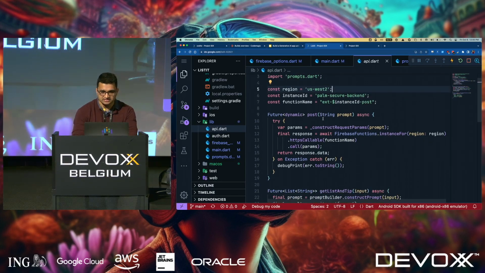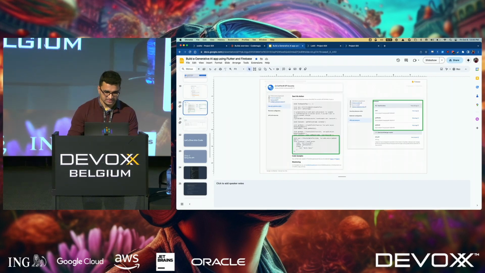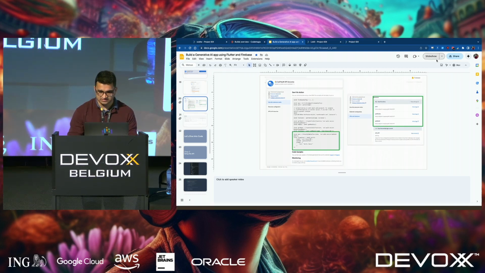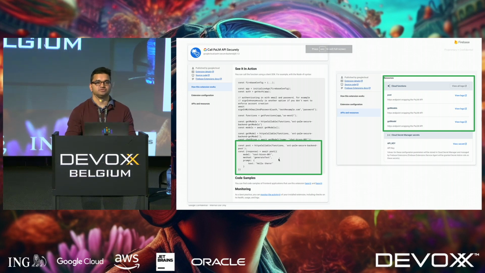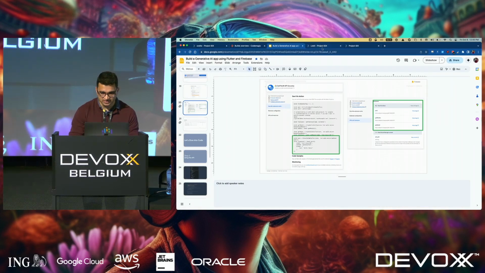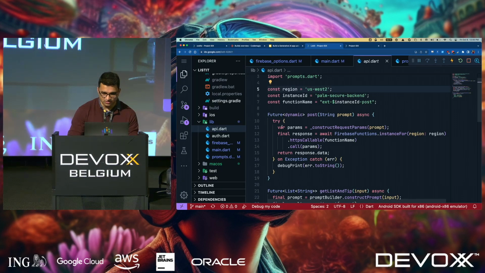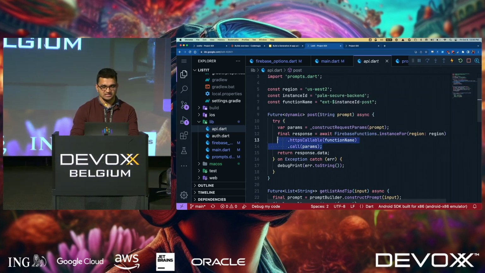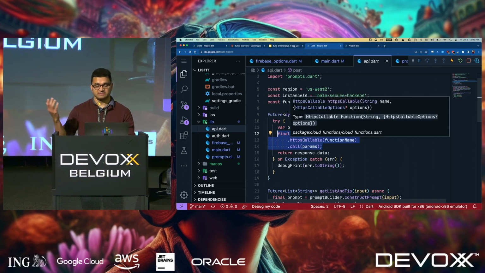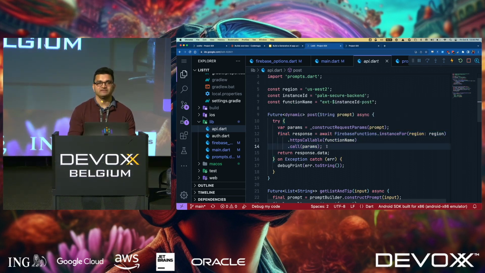What I can do now is, like I said before in my previous slide, let me present so that this size is big enough. You'll see here that this is giving me some JavaScript code on calling the function. Now in my case, I'm writing Flutter, so I have to convert this JavaScript function to Dart, which is also pretty straightforward. So I can just go here, and if you see here, all I'm doing is I'm saying Firebase function, instance for the region, and calling with params. So it's basically just these lines of code that is calling my Firebase function securely